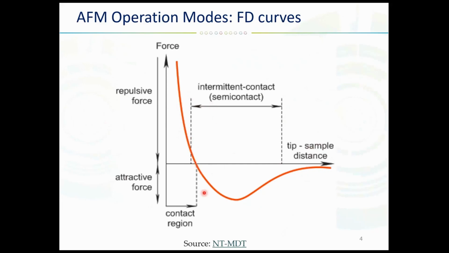Here you can see that the contact mode will mostly correspond to this part of the curve, when the tip is in contact with the sample. This is semi-contact mode, and this part is when the tip does not touch the surface at all. So this is the ideal curve, and let's just